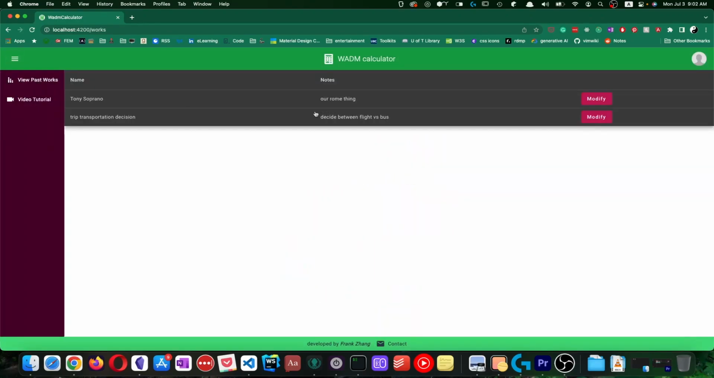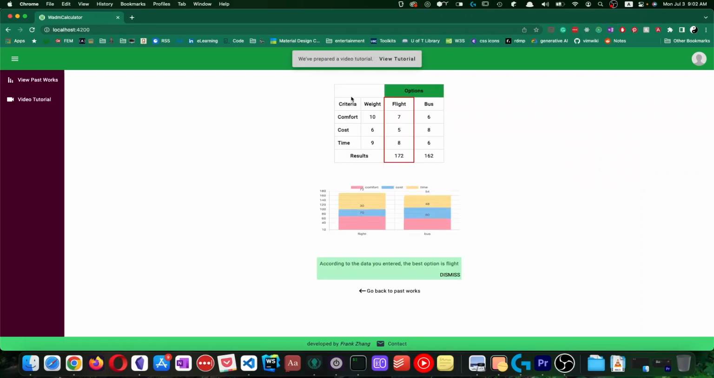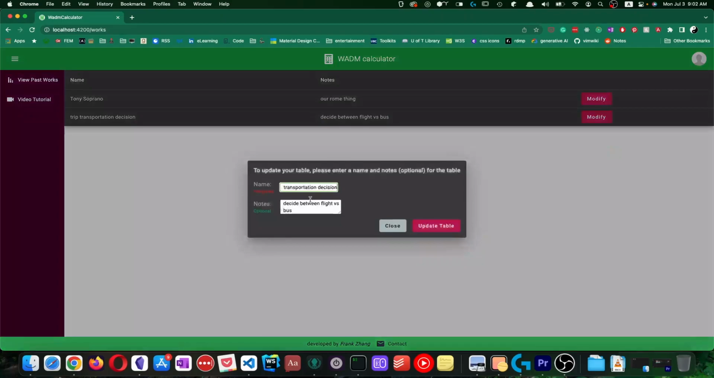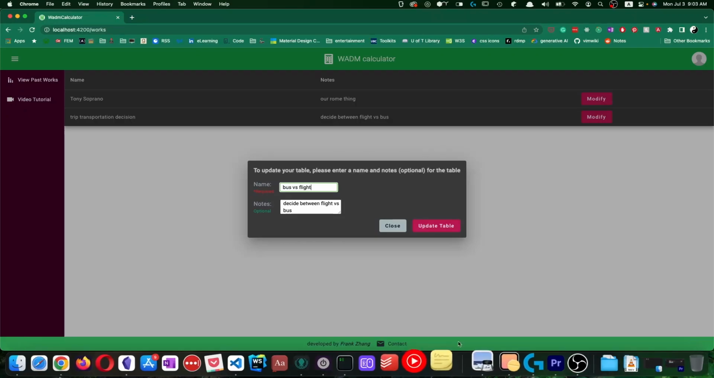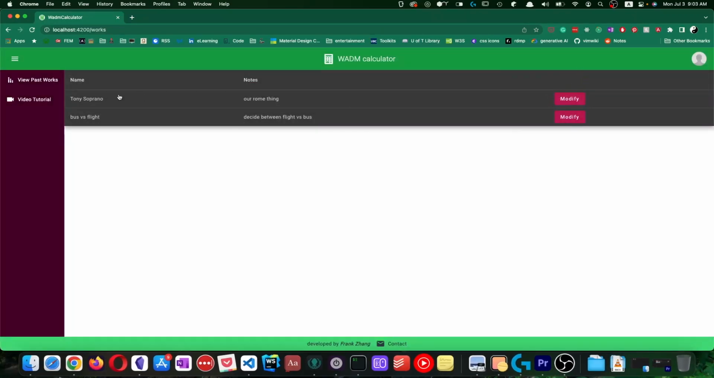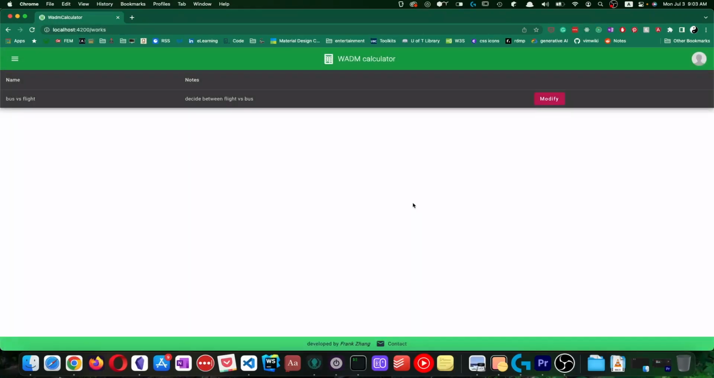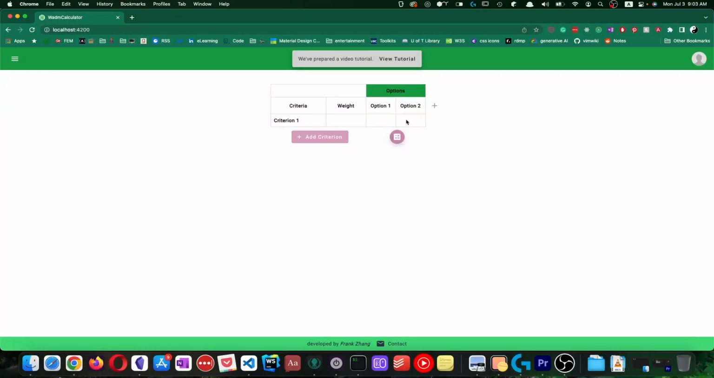If you go to your past works, you can see that your work has been saved here. Anytime you can click on load table data to review the work that you have saved with us. Or you can always edit the table name and notes. Let's try to rename it right now, bus versus flight. Or if you have any unwanted tabular data, you can always click on delete table to delete it. And back to our main table view,